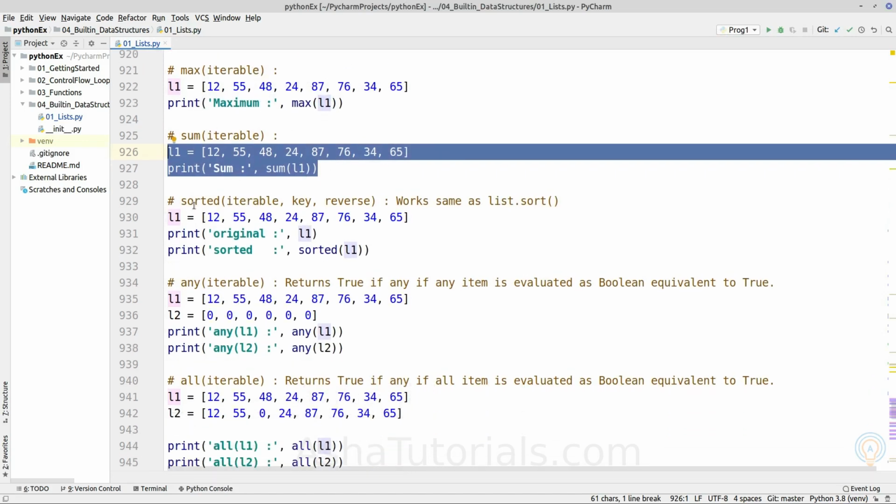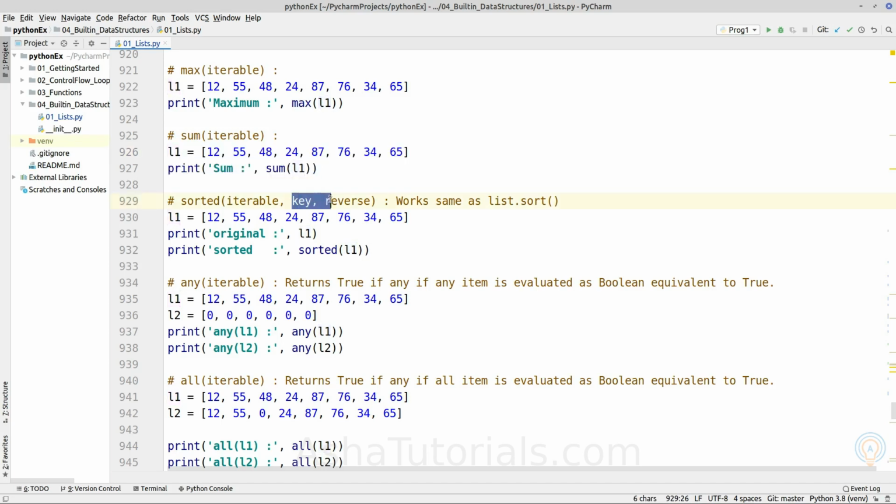Next is sorted. This is a built-in function. Earlier we saw the list method L1.sort, which also takes 2 optional parameters. Here also those 2 parameters have the same meaning. Instead, it takes the iterable as a third, different argument, which is where we provide the list.